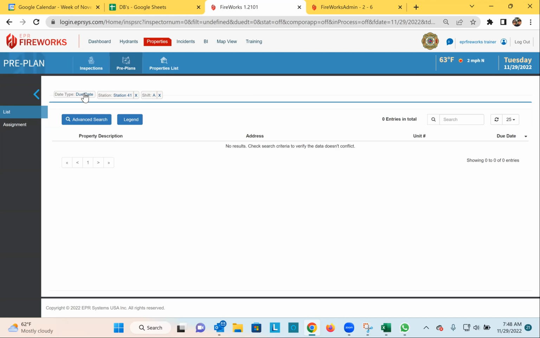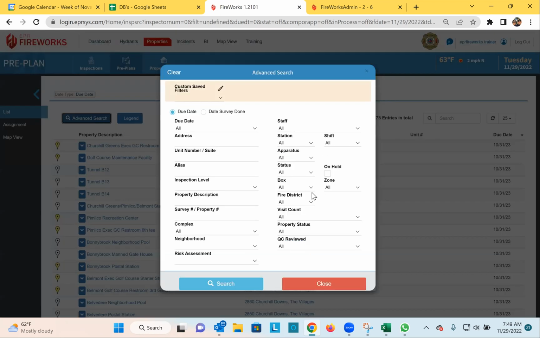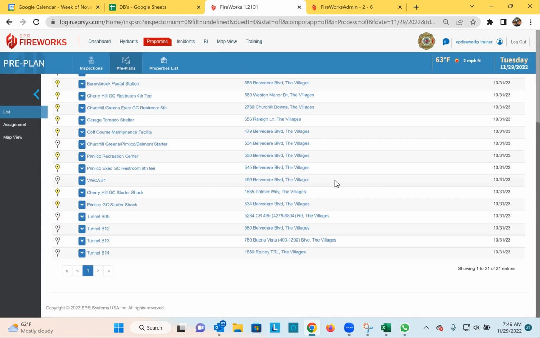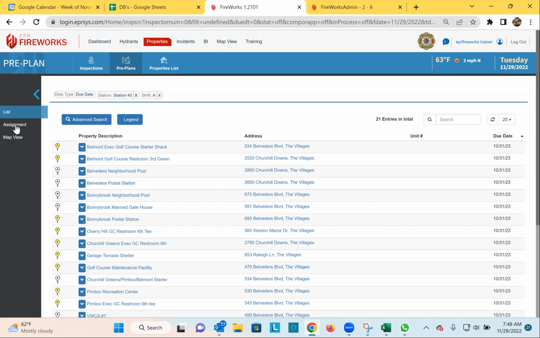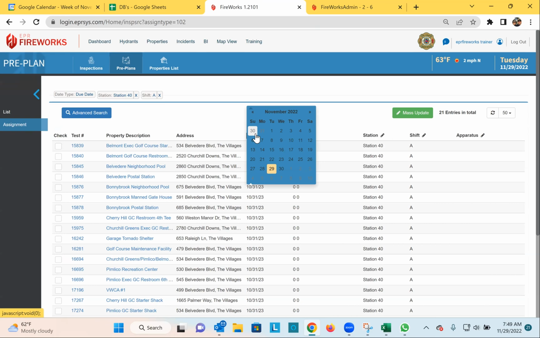The key thing is the due date. So let's go back and look at that. So let's say I want to make a change to this. Just for purposes of training, I want to look at station 40 and I want to look at A shift. And then I want to change these to all be done December of this year. I could click right here to assignment. And I could come right here to say, I want to update the due date, and I want to make it